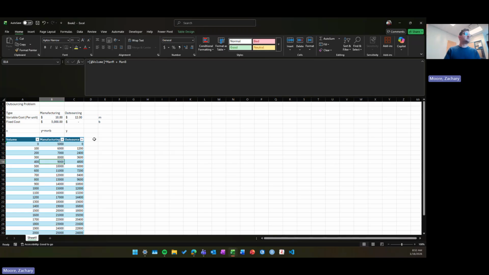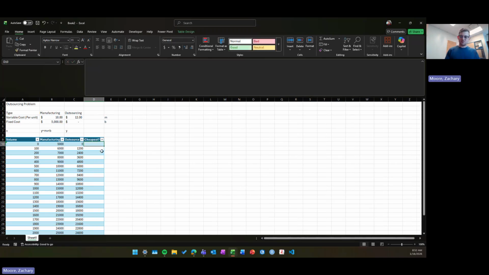One of the other cool things about tables is if you write into a column beside the table and you do a function, it will assume that you want that function for all of the cells in the table. So here, if we say which is cheapest, we can extend that, and we can do the same thing that we did last time where we used the